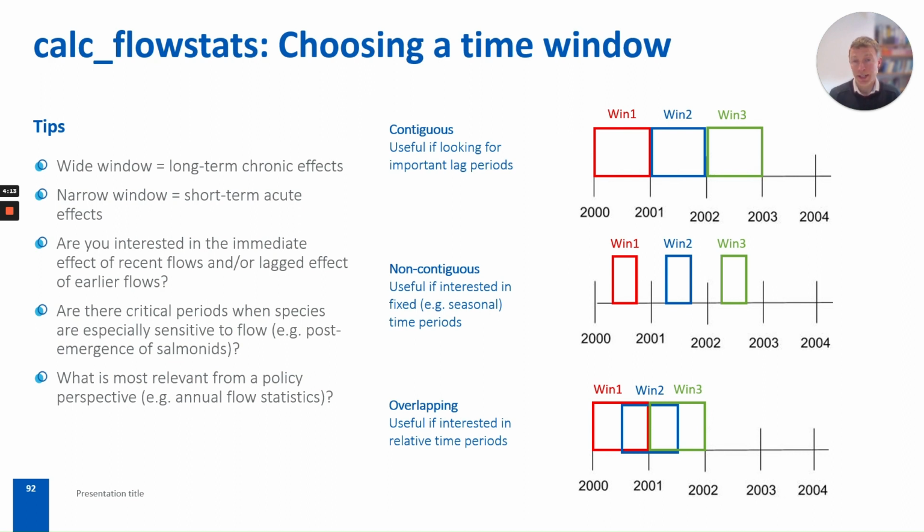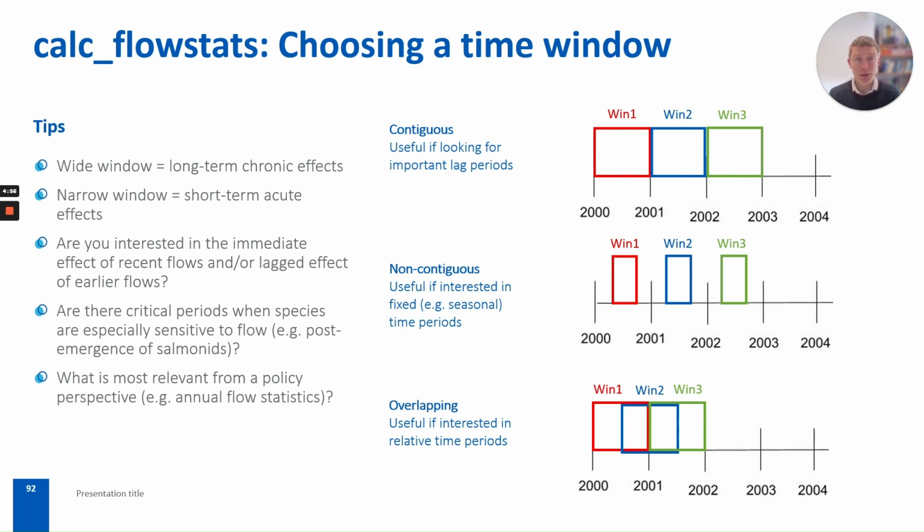For some types of analysis, for example, when we're working with data on fish, particularly salmonids, those species may have very defined life cycles, and there may be particular points in the life cycle when they may be potentially very sensitive to flow. I'm thinking, for example, spawning periods or periods post-emergence when you've got very small fry, which can be very sensitive to flow conditions or very sensitive to flood disturbances, for example. In this situation, we could choose to define windows which allow us to summarise the flow conditions during those very specific points in the year when we expect sensitivity to be